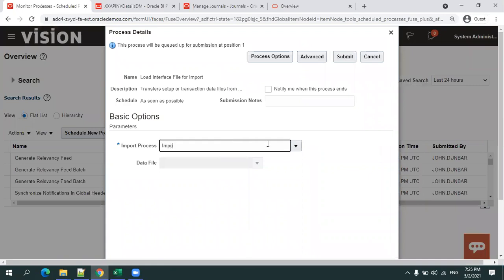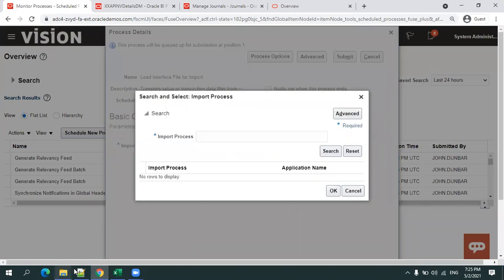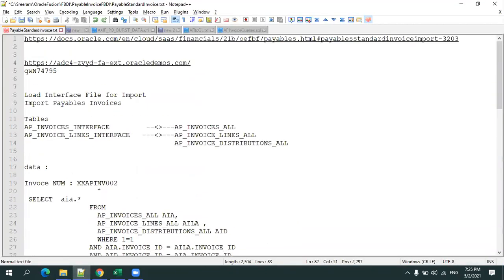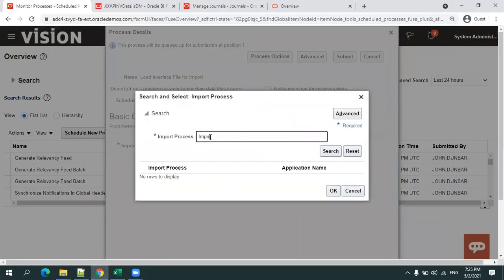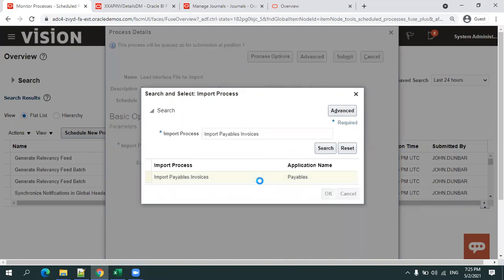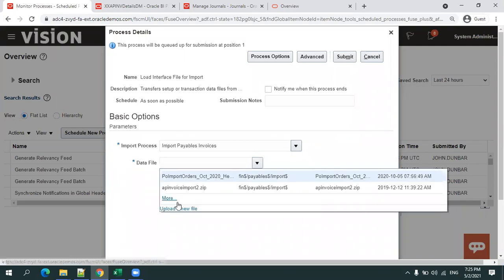And what is the job name? Import payables invoice, right? Or payables invoice. Just see that. Import payables invoices. Now select the data file.